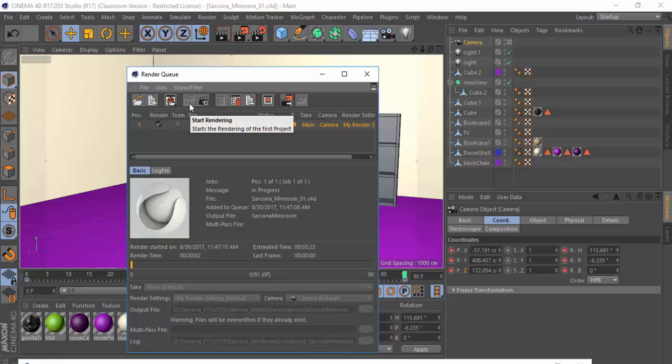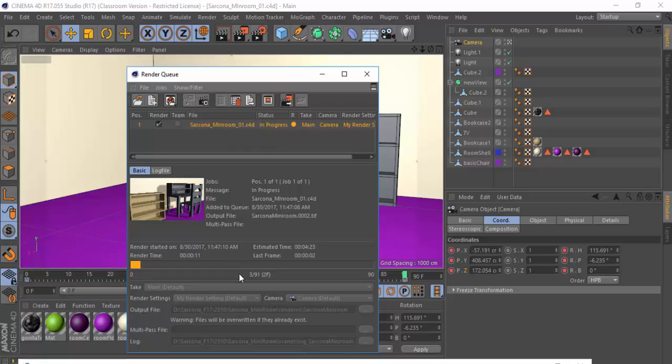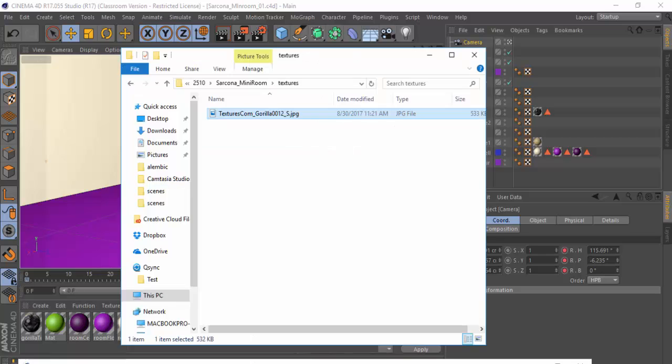Alright, so now what this is going to do is it's going to go to each frame, and you can see it happening right here. It's going to each frame and rendering out each frame. Right now it's on frame 3. Now it's on frame 4. Now it's on frame 5. Okay? As I watch that,